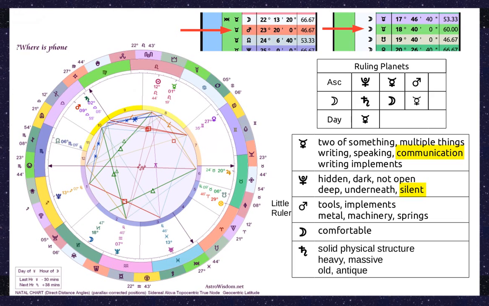Okay, so let's analyze the moment chart. What we need to do is find the ruling planets here. We need to find the 3 ruling planets of the ascendant and the 3 ruling planets of the moon position. So first we're going to look at the ascendant. It's in 23 degrees of Scorpio, 44 minutes. Now we know that Scorpio is ruled by Pluto, and so Pluto goes right here. It's the ruler of the big constellation of the ascendant. The small constellation of the ascendant is ruled by Mercury here.